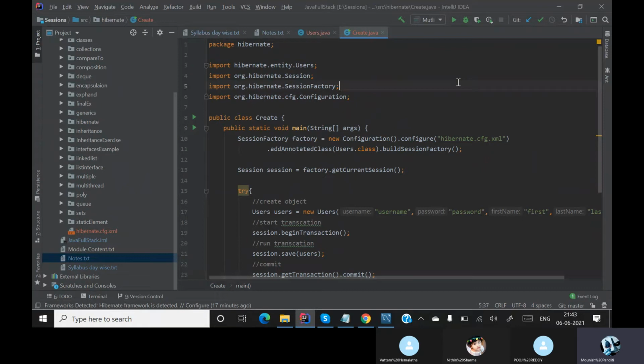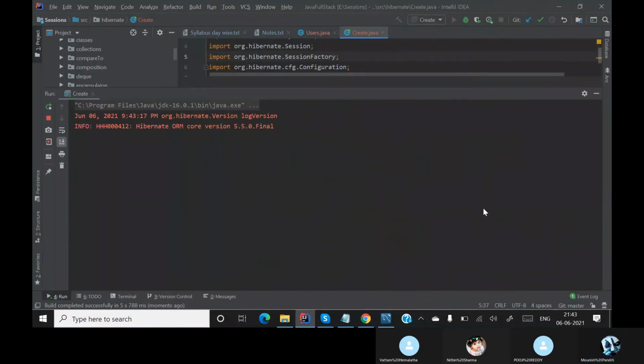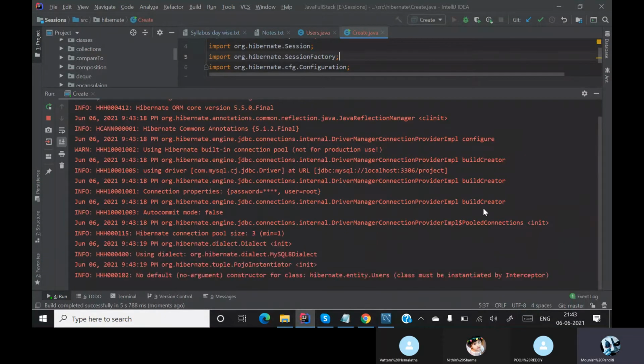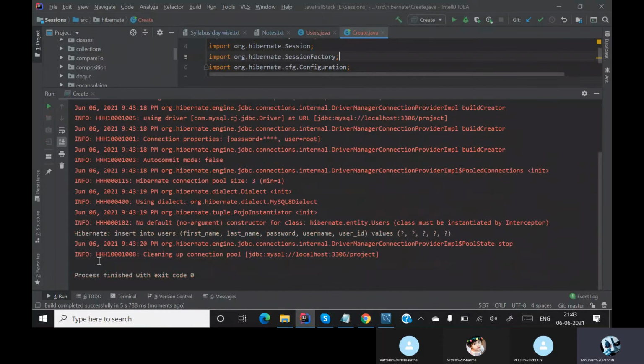Now what you need to do is run the create method, create class. Once your creation has started, done. Now if you see over here, you have a line: insert into user. This we didn't do. This is basically the SQL query.